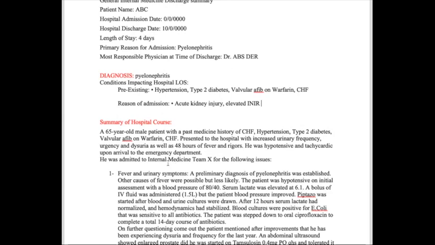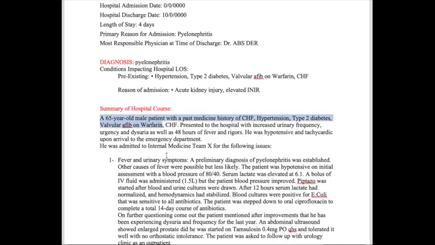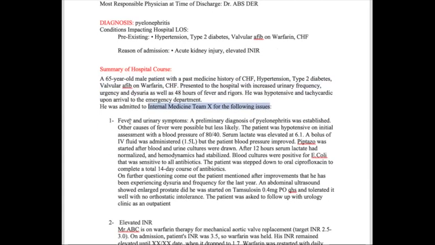So you start your note with, we have a 65-year-old patient with past medical history of congestive heart failure, hypertension, type 2 diabetes, valvular AFib on warfarin. He presented to the hospital with XYZ symptoms. He was admitted to the internal medicine team for the following issues. So we talk about each issue and what happened for this issue, or what treatment the patient received, or what investigation the